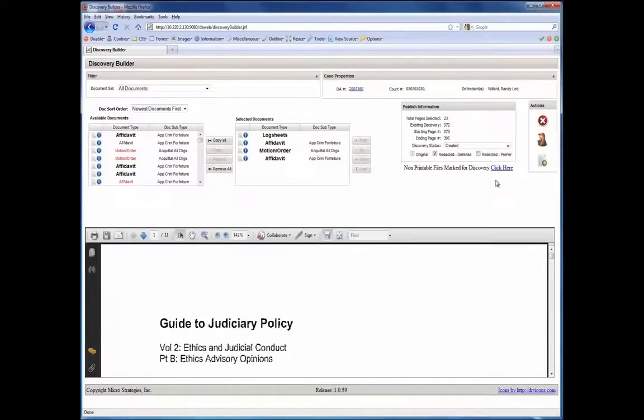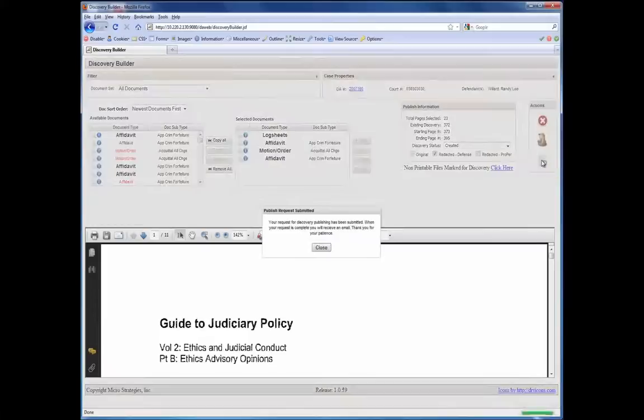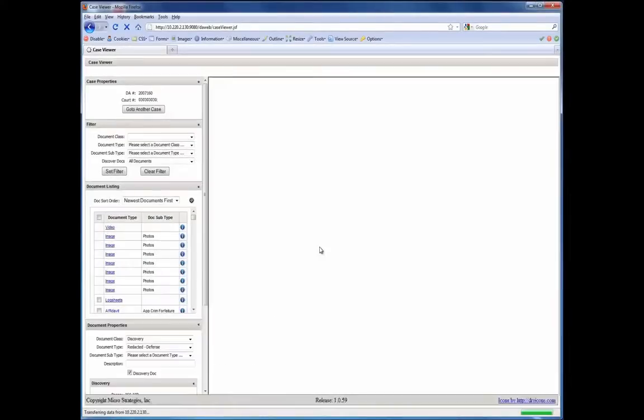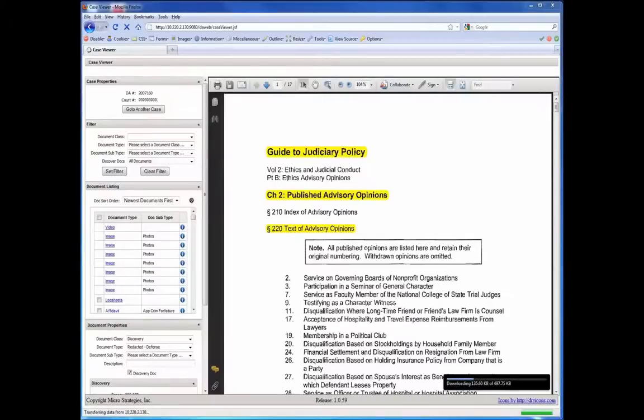Now, as I said, we've selected our documents. We're all set. Pages, status. We're going to make a redacted defense as well as an original. And I simply hit publish. When I hit publish, it'll advise me that it's being created. Once it's created, I will get an email notification saying your document has now been created. Here's an example of that notification here. So basically it's telling me, hey, your discovery is complete. It's ready to go. And in this email will be a link to this particular document,